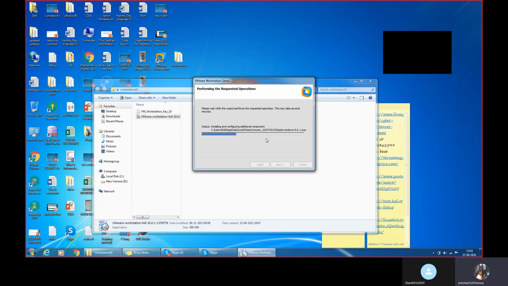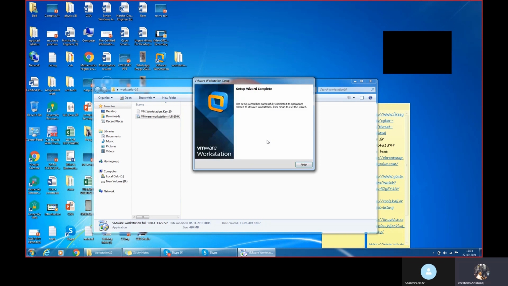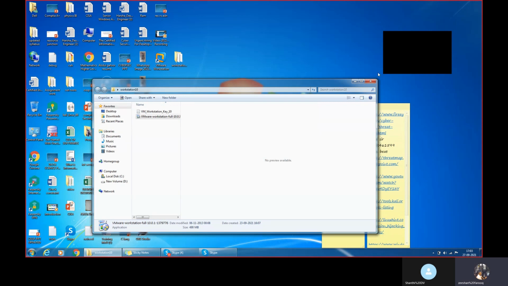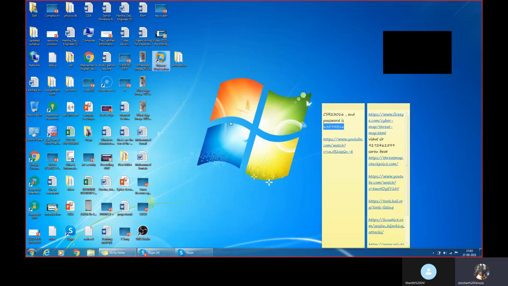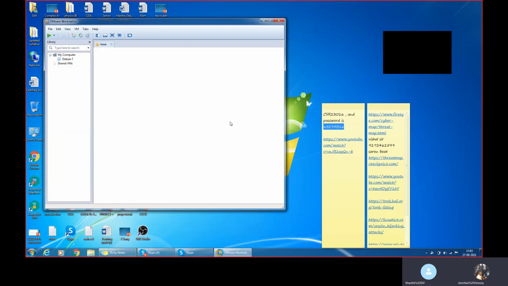It may take 5, 10, 15, or 20 minutes for VMware to get installed. What we will try to do is work on Kali Linux, as I told you. We will work on Kali Linux in the VMware Workstation. The setup wizard is complete and finished. This VMware Workstation looks like this.